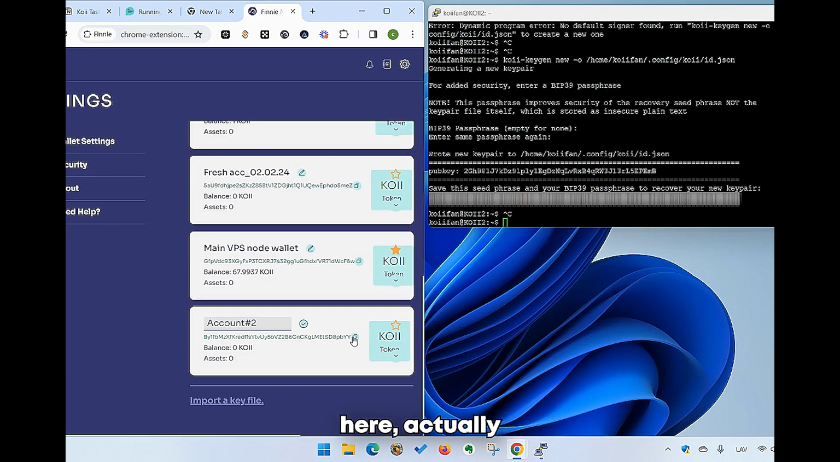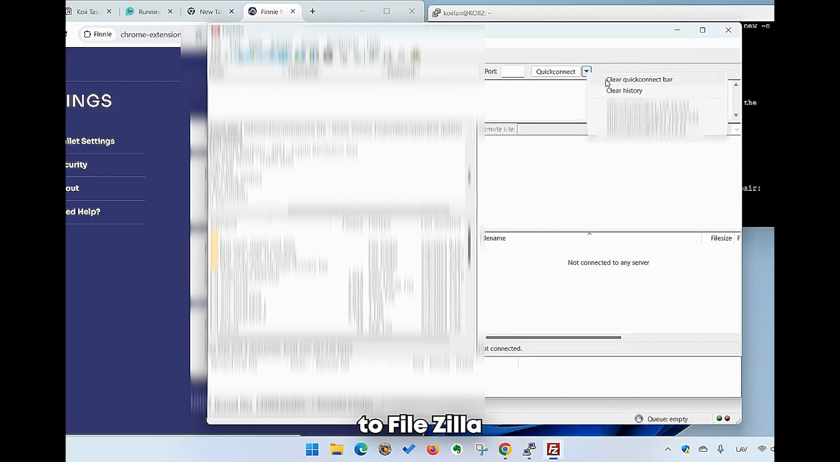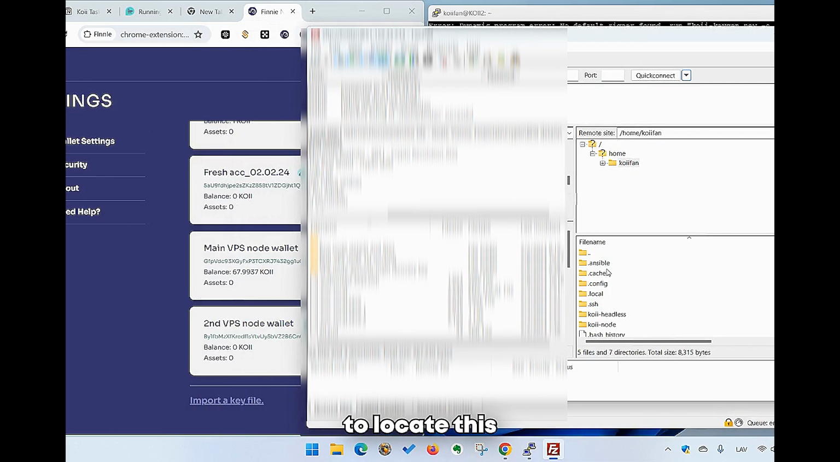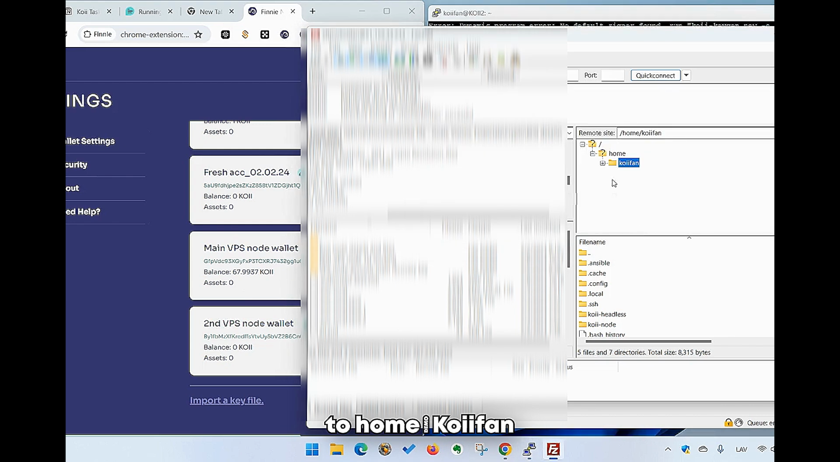But as you can see here, actually this is not the same public key that is visible here, because this key is related to this new key pair, which is in the id.json file. So basically, in order to monitor this, we'll have to import a key file. I'm going to reach out to FileZilla. I'm going to locate this generated file. And as we remember, we have to go to home, Koii fan,